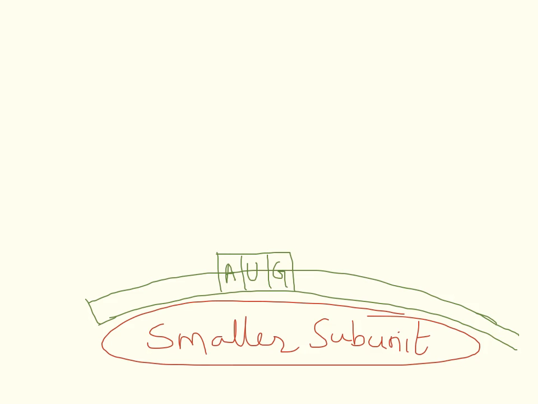To make it easier, I'm going to draw the 3-letter codes like this. So mRNA binds, and this is your first 3-letter code, AUG. Again, in translation the first step is initiation, where the mRNA binds to the small subunit of the ribosome,